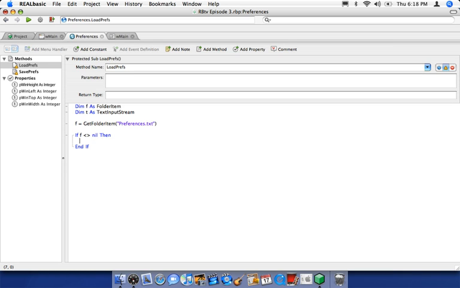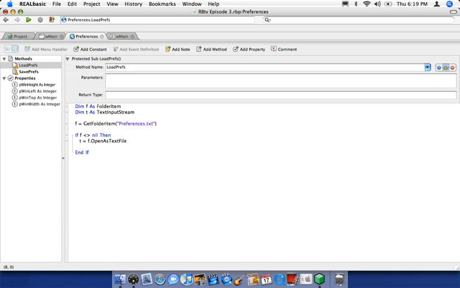So basically what we're going to want to do in here is use the text input stream to open up the file. So basically this is like a first fail-safe there. So if this folder item does not exist, then we don't even need to run any of this. So now we can do t equals f dot, and then again, folder item contains an open as text file method, and basically that allows t, our text input stream, to open our file preferences.txt here, f. So f is referencing preferences.txt as a text file, and allows us to read in the data that's in there. So we can do open as text file,